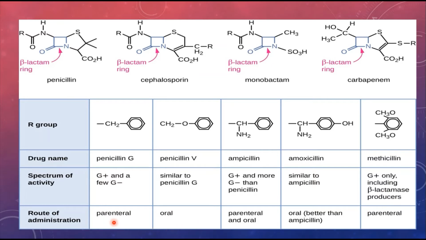So this is the route of administration. That is how this penicillin is going to be taken in: penicillin G by the parenteral route and penicillin V by the oral route. Why, I will tell you in the next slide. Okay, so these are the different structures of the different beta lactam